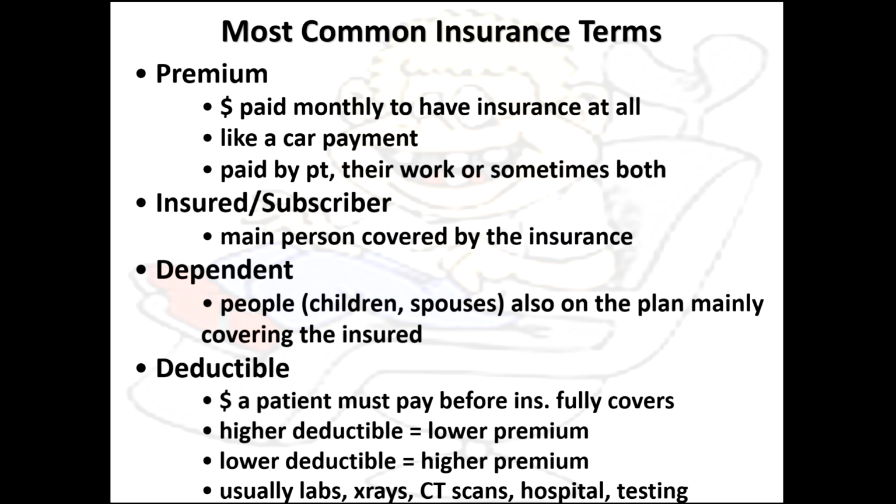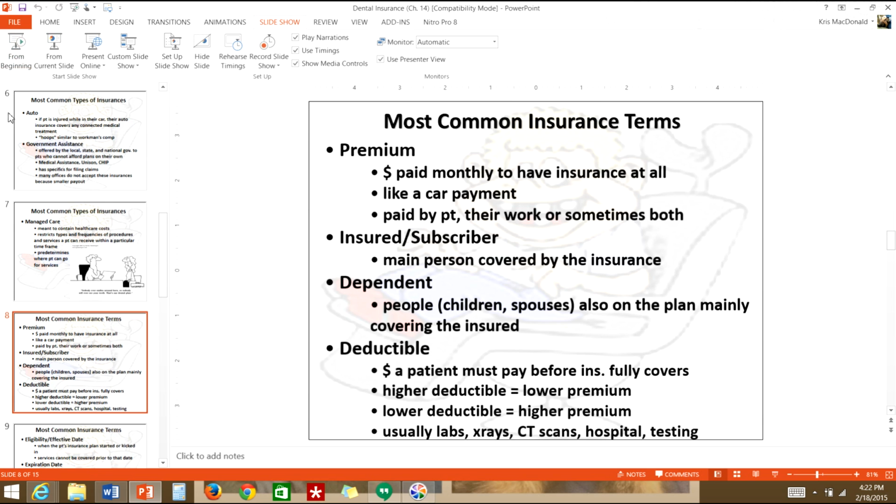If you go to the bottom and go to the word deductible, a deductible is a type of out-of-pocket expense, and it's called an out-of-pocket expense because you have to pay for this out of your own pocket in addition to the premium. So it's kind of like the deductible is the gas that has to go in the car. It's an out-of-pocket expense. The deductible and the premium, though, if you think of a scale,